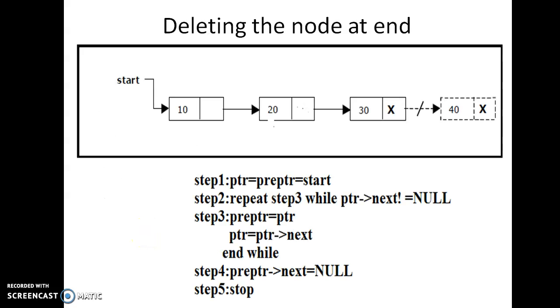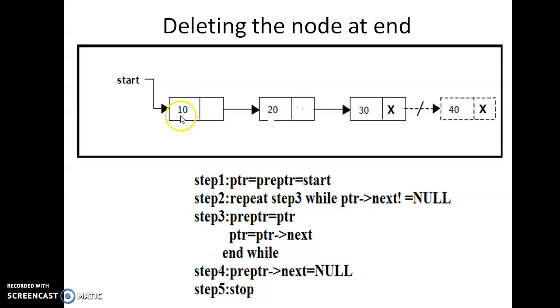Now the second type of deletion that we are having is deleting a node at the end of the single linked list. So generally, to go to the ending of the linked list, we will be having the pointer which is pointing to the starting memory location, and we have to go to the ending. So to go to the ending, the code that we are writing is: while pointer of next not equivalent to null, pointer equal to pointer of the next. So to see this particular thing, initially we are starting the pointer here. Now is the pointer of next not equivalent to null? Yes, pointer of next not equivalent to null.